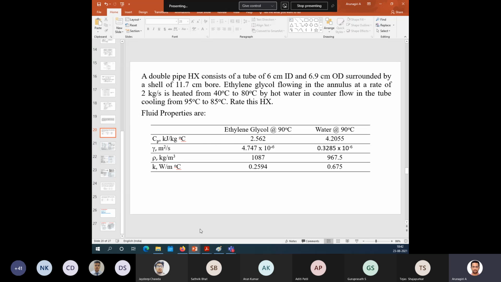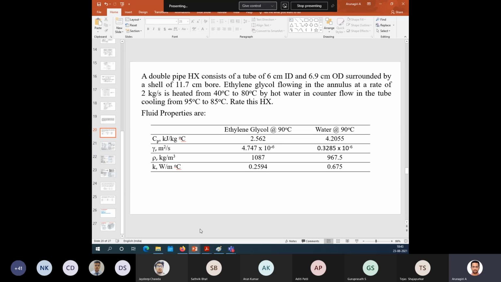Once we have decided the layout, then we have to calculate the film coefficient, or the overall heat transfer coefficient, by considering five different resistances: film coefficient, then fouling resistance, then conductive resistance, then again film and fouling resistance on the other side, both sides. Once you calculate all the resistances, conductive, convective, and fouling, you add them up and get the overall heat transfer coefficient. Then compare the value with whatever you assumed. This is the step. That is a sizing problem.